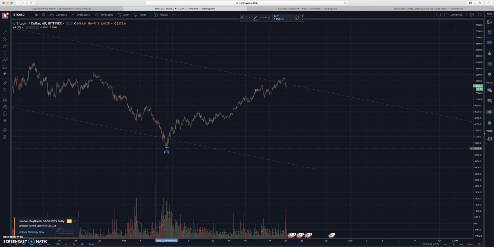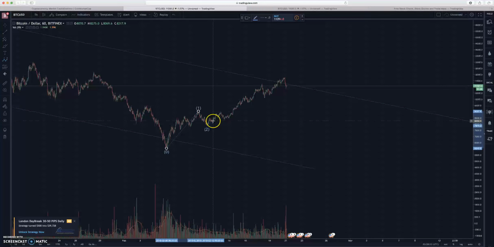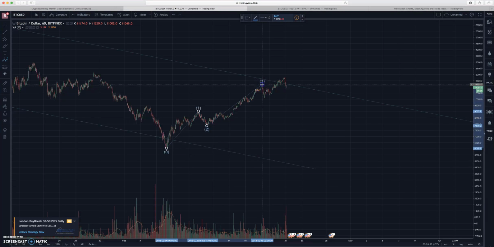And this is where Elliotticians, people who specialize in Elliott waves, might argue over where this 1 wave ends. Some will say here, some will say here, some will say here as well. I'm more inclined to think that it's this one here, then your 2 wave, your 3 wave, 4 wave, and then your 5 wave up here.